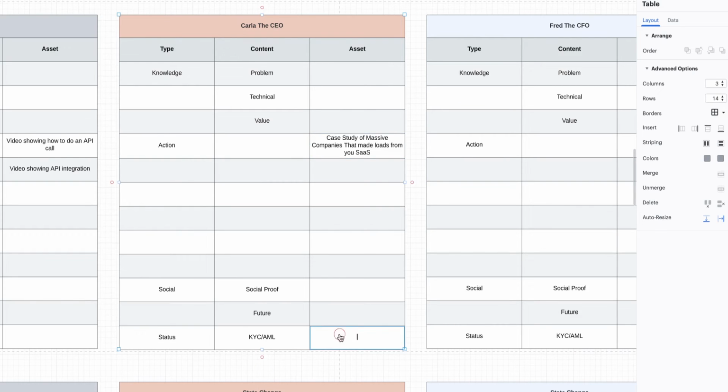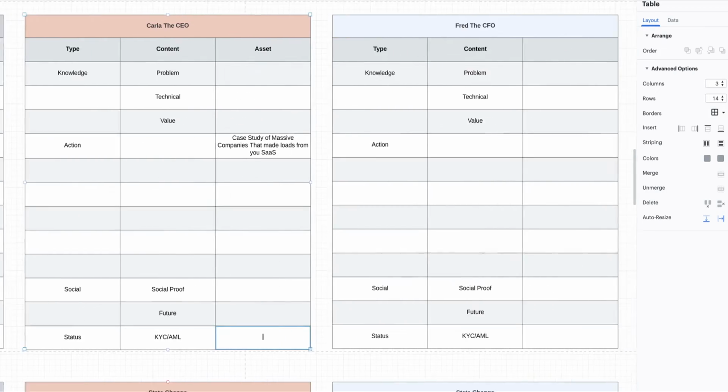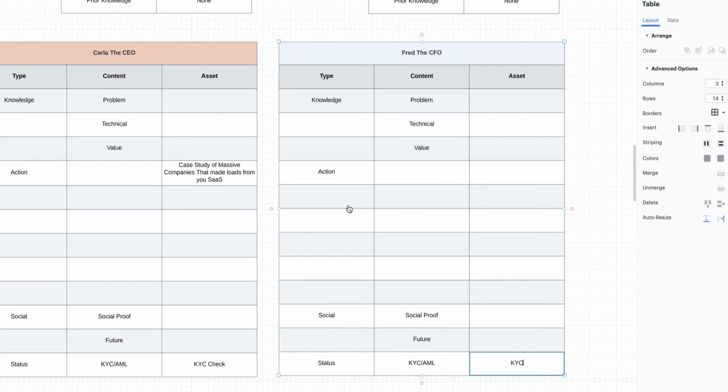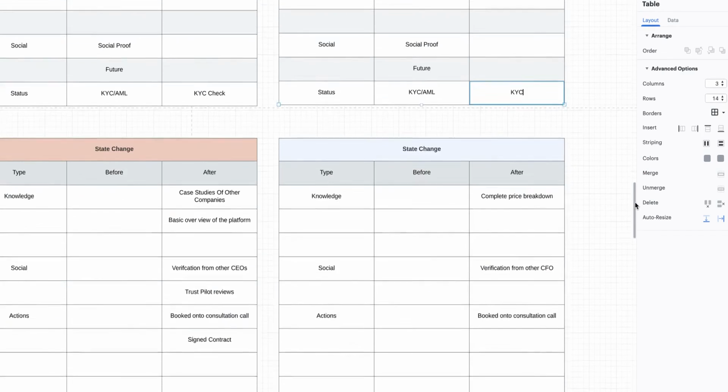But she's also going to have to get credit checked, because basically she will be the end user. So with her and with Fred, you have to send over details for a KYC check, and he will probably have to help with it as well. Can you see? Now we can actually see the content that we need to create an email sequence. So we would go through that. We would go and get all of these. We then go and put this into,